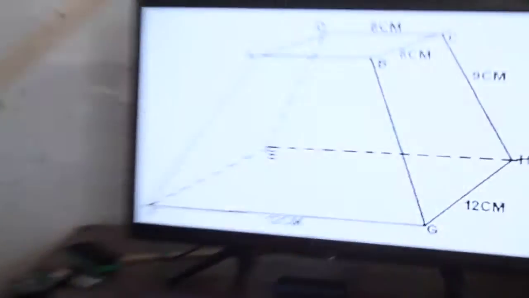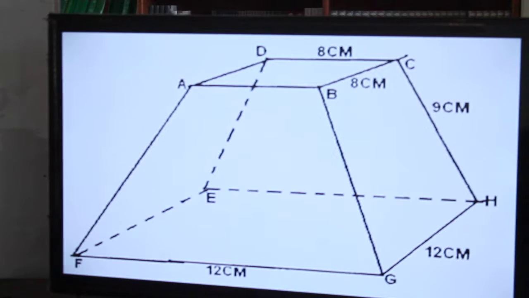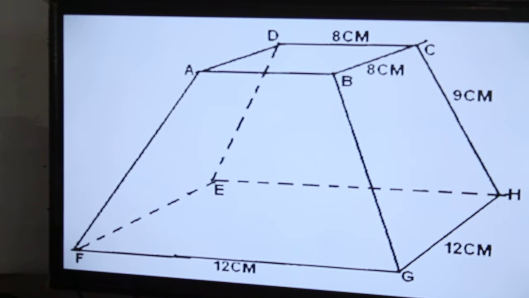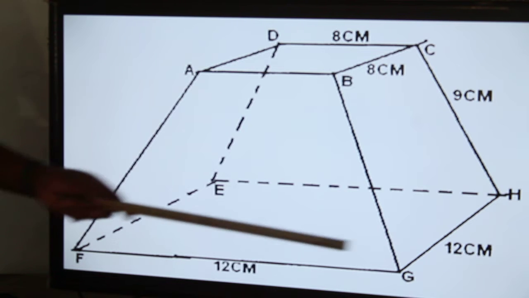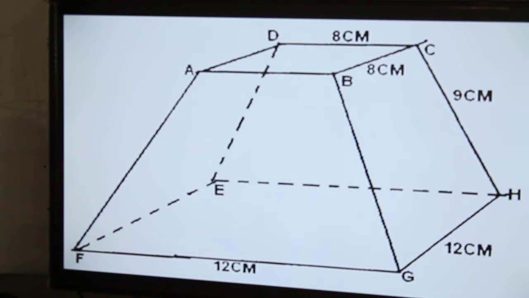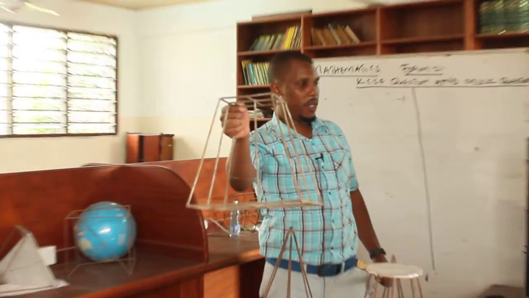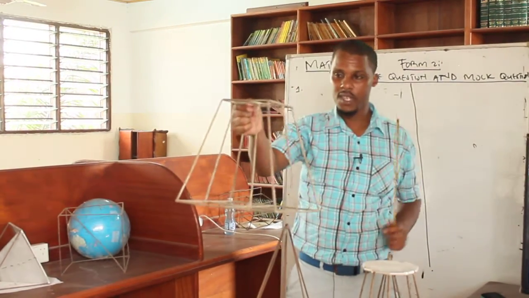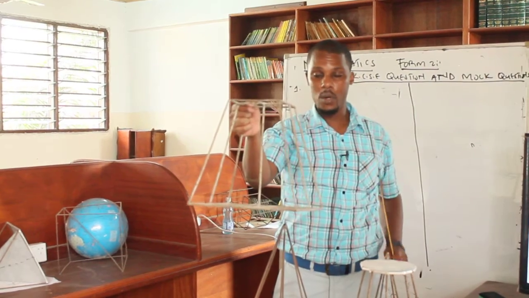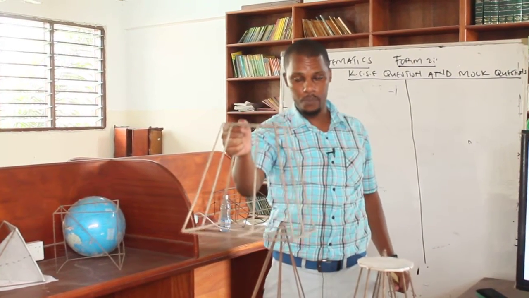We are told that this is the top edge, which is a square-based frustum, meaning it was generated from a square-based pyramid. That's why we are saying the top square is 8, 8. So here is 8 centimeter and then there is 8. Then you can see the bottom one, that is 12, and then that is 12. So in a nutshell, this one is 8, 8, then you have 12, and then again 12. That is the pyramid that we are talking about. With this technicality, we need to see what the examiner needs us to do.